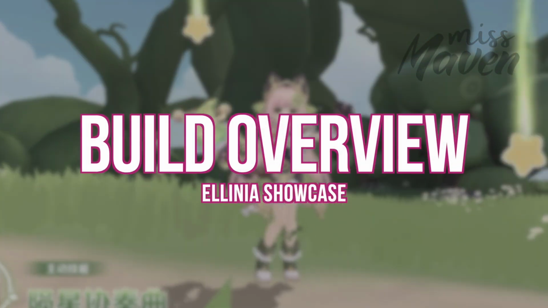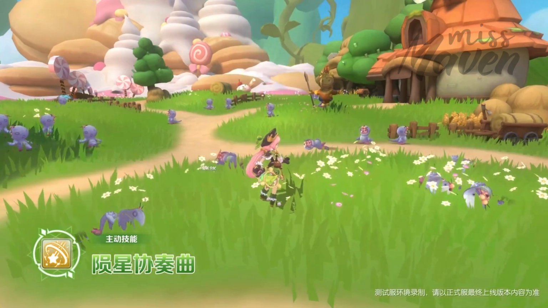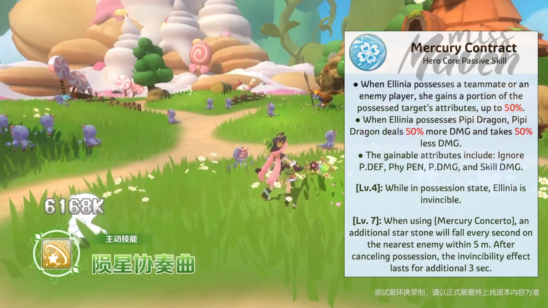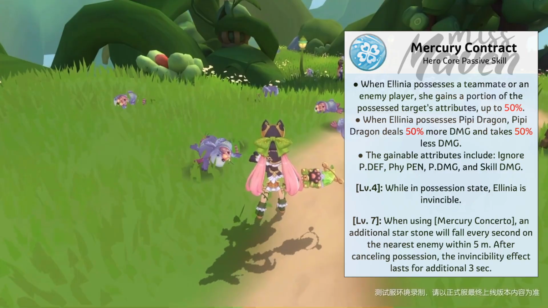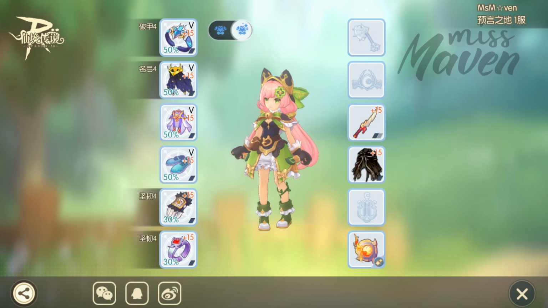First up, here's an overview of the build I'm using. To reach Ellinia's maximum damage potential, you'll need to level up her core passive skill to level 7. This unlocks an additional star stone that falls every second when casting Mercury Concerto, significantly improving her damage. In terms of gears, my Ellinia is equipped with ranged physical skill damage gears and the Era Fire Seed as